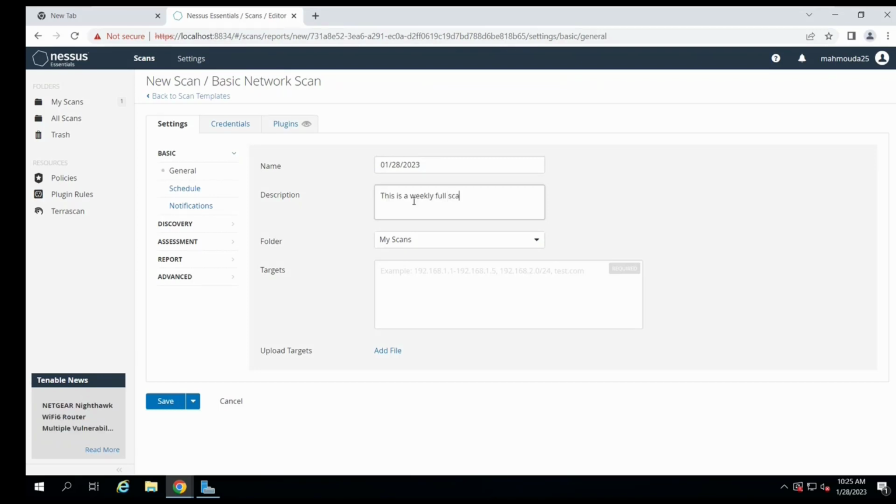Then below, we need to put the IP. I can put the IP separately of the machines that I will scan, or I can import a text file that includes all the targets, or I can run a scan on a full network. So if you write, for instance, my network 192.168,